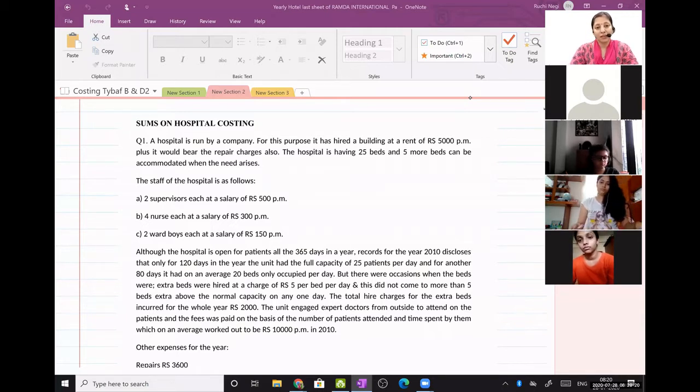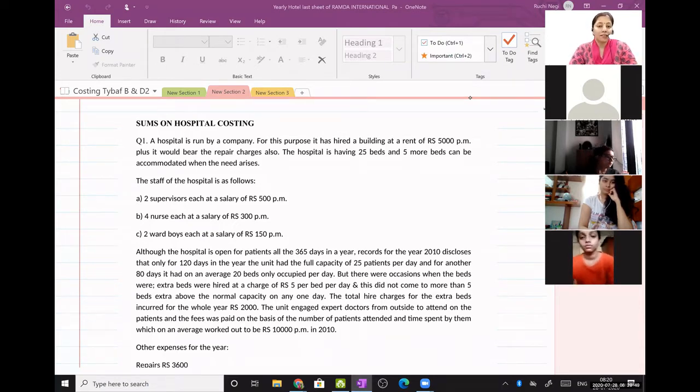Let me just repeat everything again. When we did transport costing, your total cost was divided as fixed and variable. And the definition of variable cost in transport costing was what? Any expense which is paid by the transporter in connection to kilometers run is known as variable cost. Opposite of this, if it is irrespective of kilometers run, then it becomes a fixed cost.